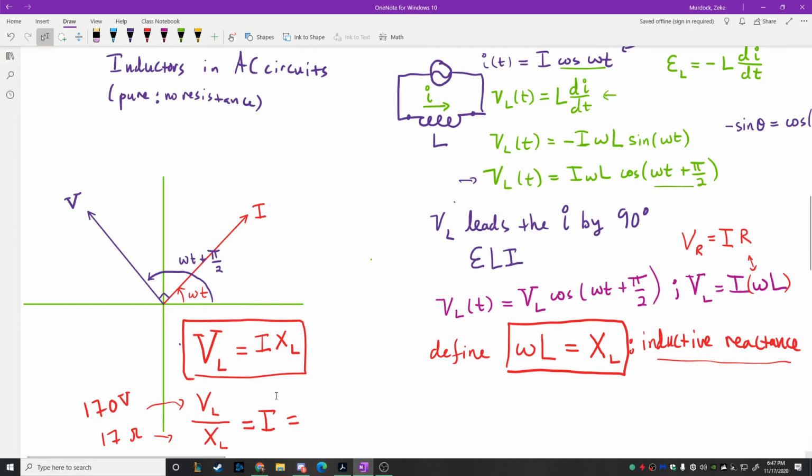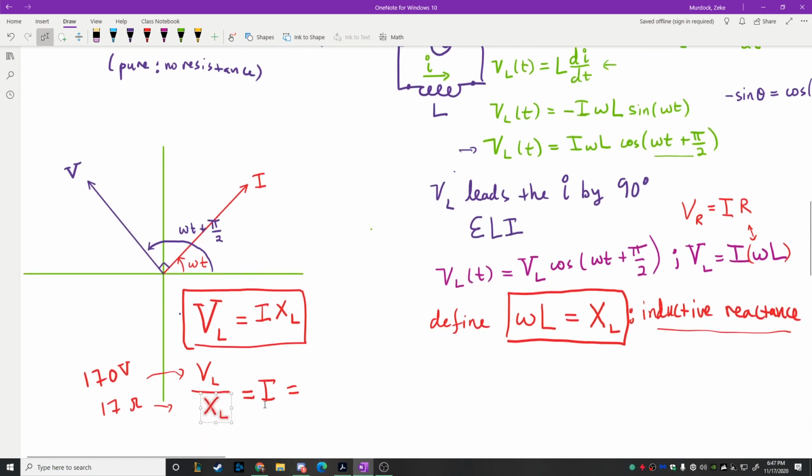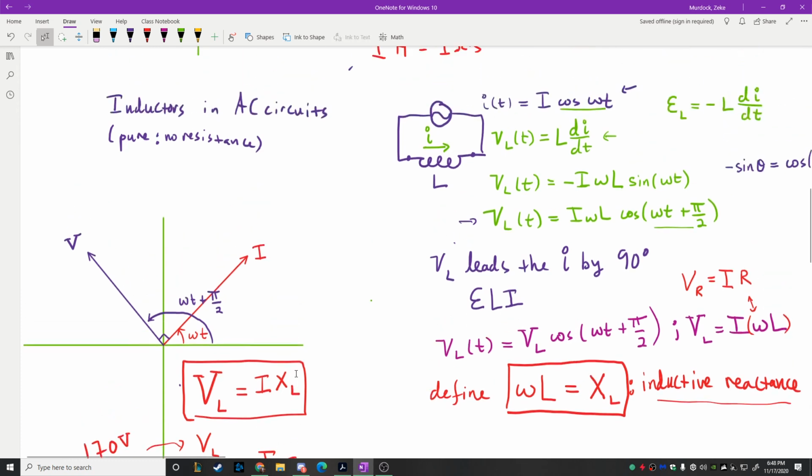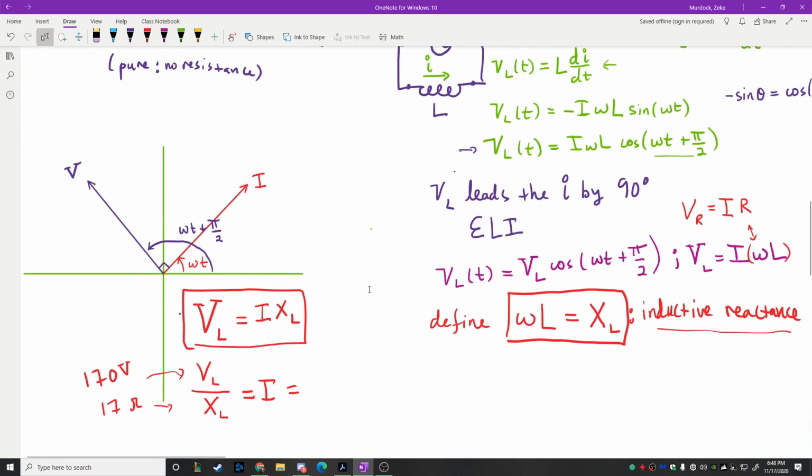But when they're placed into an AC circuit, what they do is they tend to reduce the current, which, if you think about it, is exactly what a resistor does, right? The bigger the resistance, the smaller the current you get, right? So when placed in an AC circuit, resistors and inductors act very similar to each other,